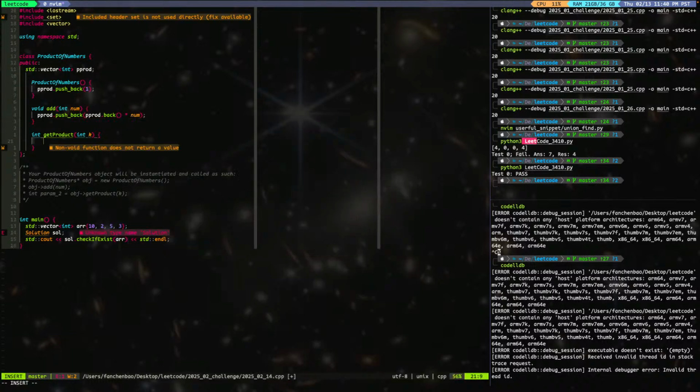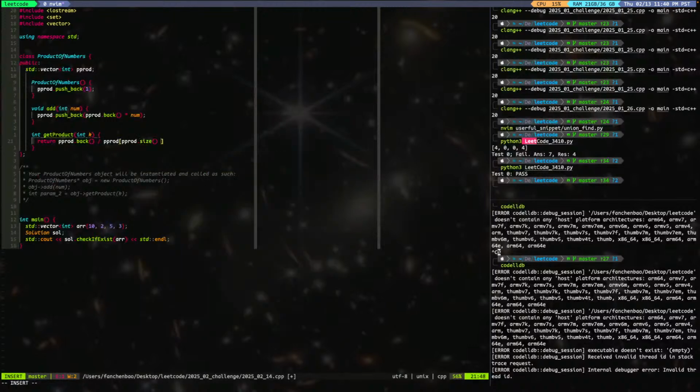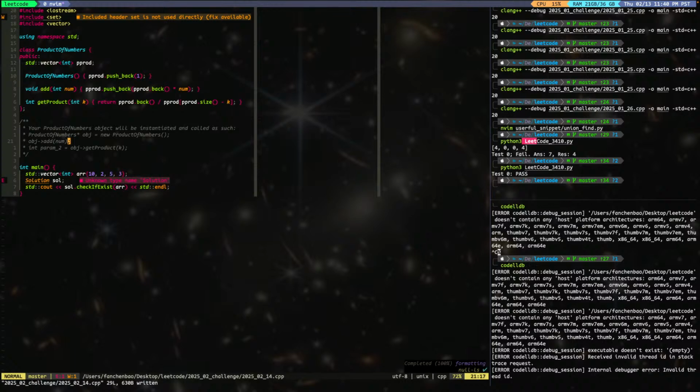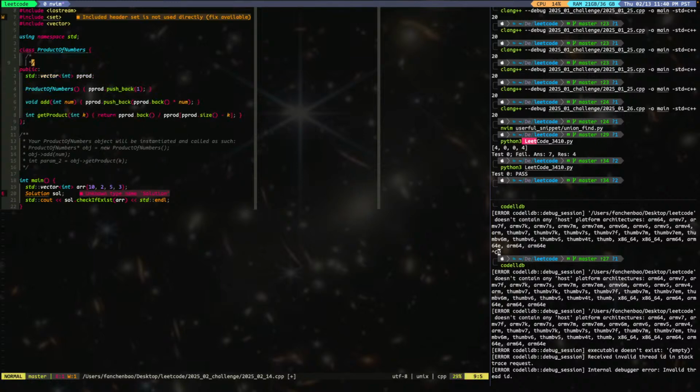Get product will return pprod.back() divided by pprod[pprod.size() minus k]. Alright, this is not expected that everything can be done in one line.